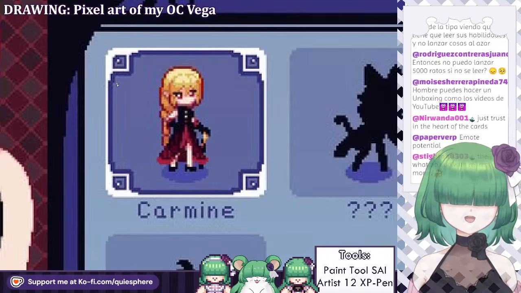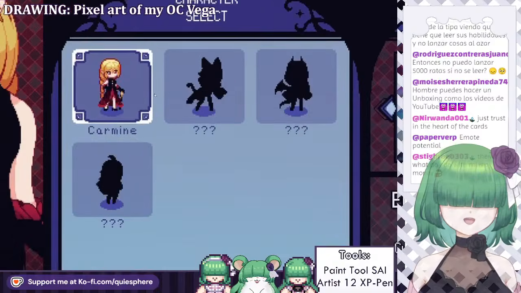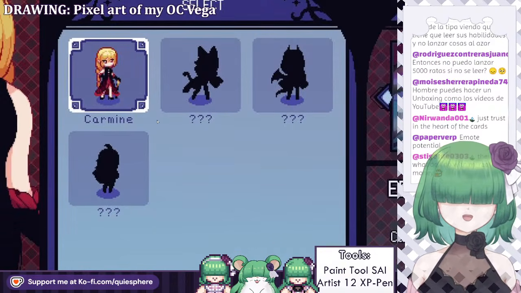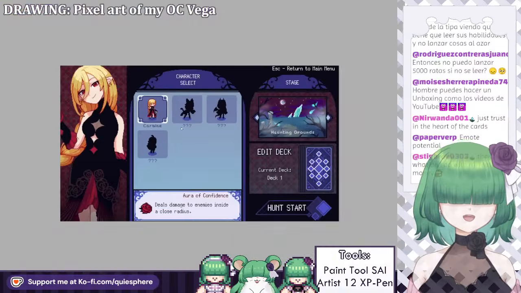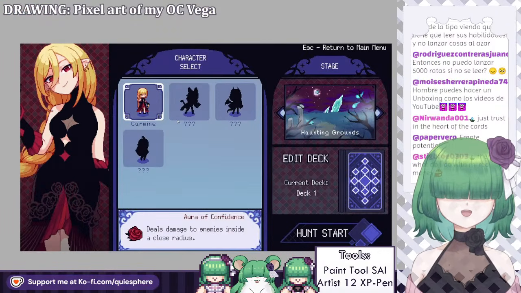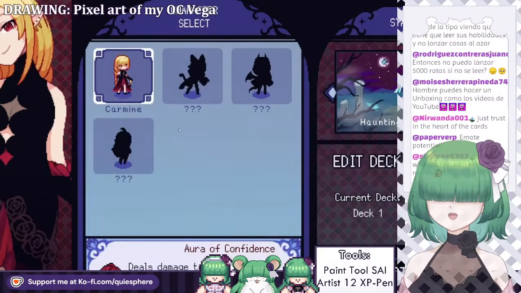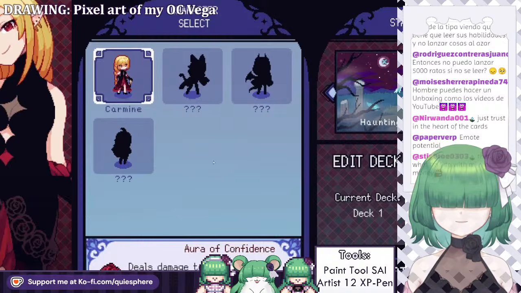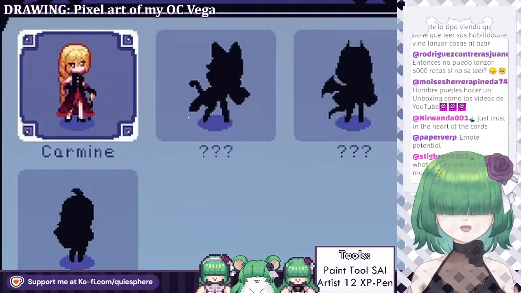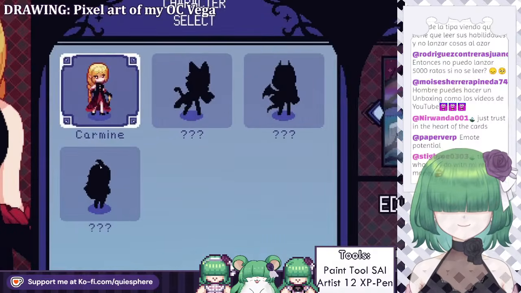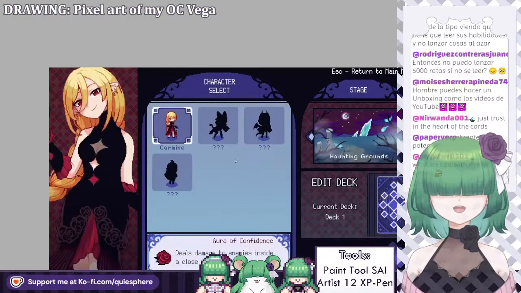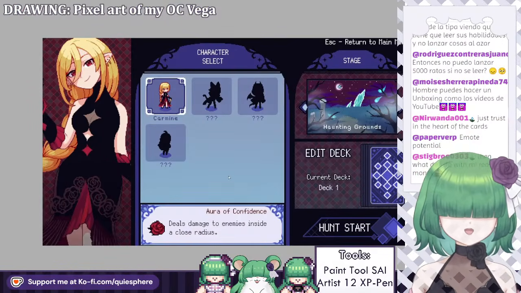For now we only have 1, but the others will come eventually too. And then we can always add more. We have a lot of ideas for even more characters. The others are a bit of a mystery for now.